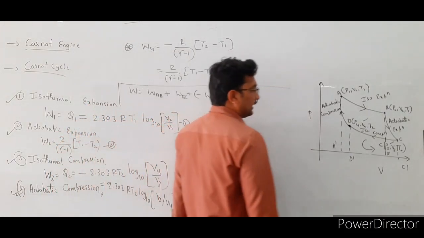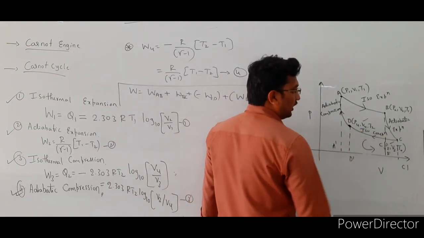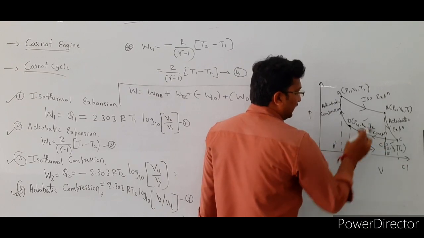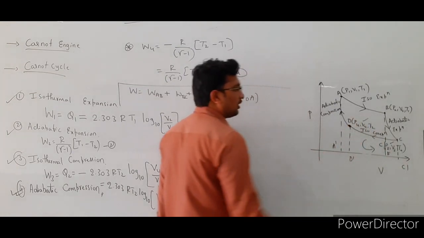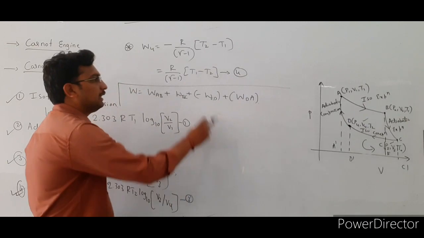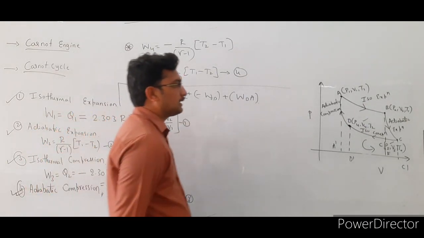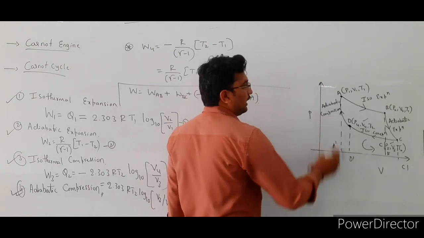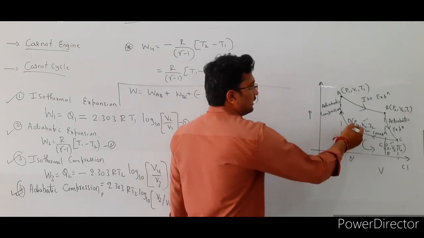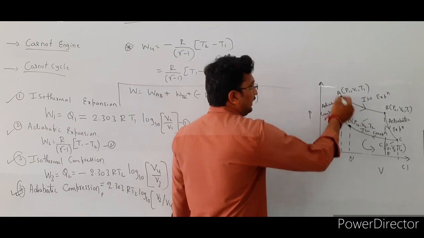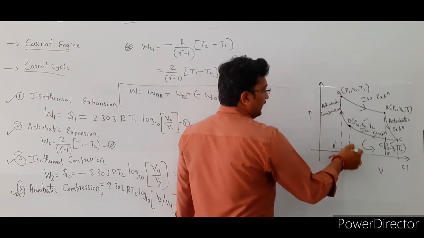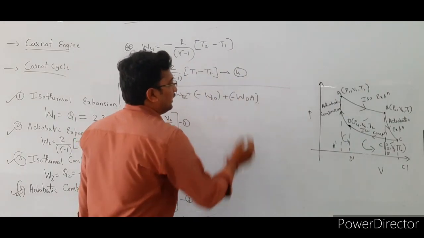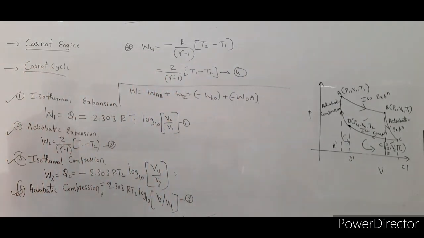Okay, see here, while calculating the work done along isothermal compression, here we consider the closed path C, D, D dash, C dash. So it is in anti-clockwise direction. That's why we have taken it as negative. And here it is also the same, while calculating the work done along DA, or work done along adiabatic compression, here also we are considering the closed path D, A, A dash, D dash. So this is also in anti-clockwise direction. So it is negative.